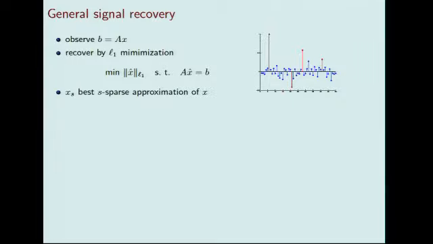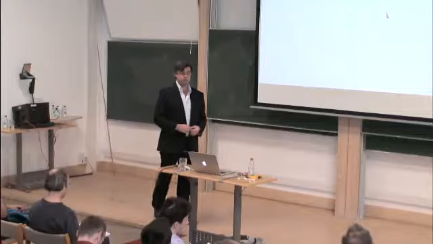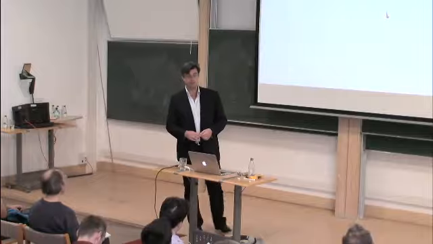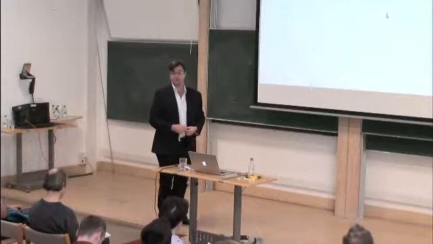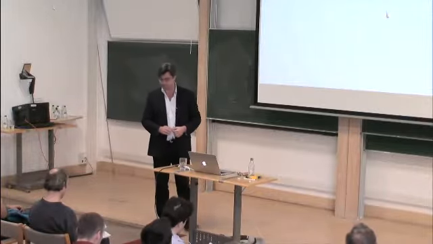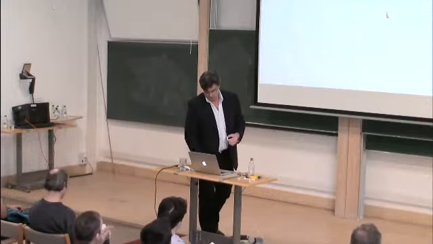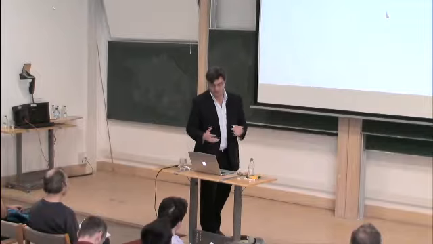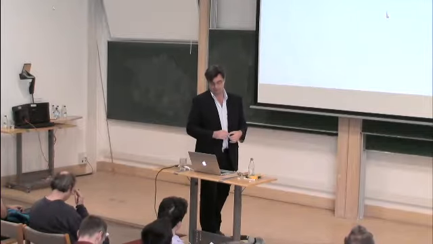Okay, so now we're going to go back to the setting that we've seen this morning, where we observe b equals Ax, and we minimize L1, so this we've seen. This morning we introduced the notion of best S-sparse approximation of x, which is what we would get if we had an oracle telling us exactly which are the S largest coefficients of x so that I could go out and measure them. And we would just see Ax, and we would like to try to do as well as this oracle. Okay, so this we discussed this morning in the context of having rows randomly sampled from a general distribution F.